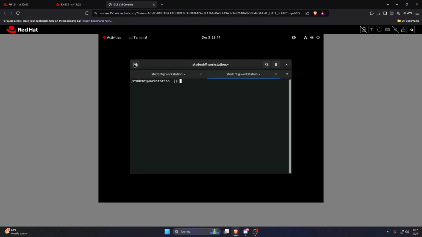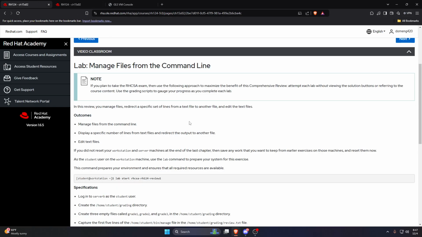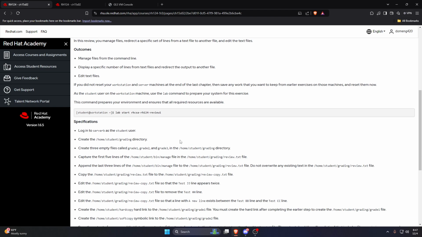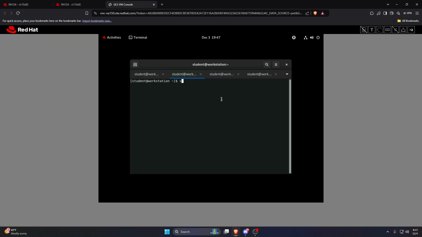So next we can create like four more tabs of the command or the terminal. Then here we will go to the directory in server B. So to do that, we need to run the command ssh student at server B. So now we are in server B and we are now editing inside server B.